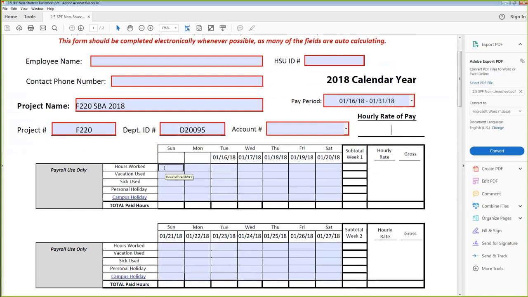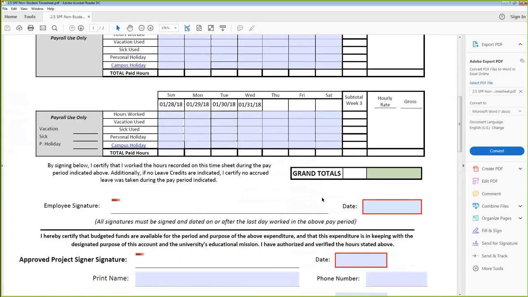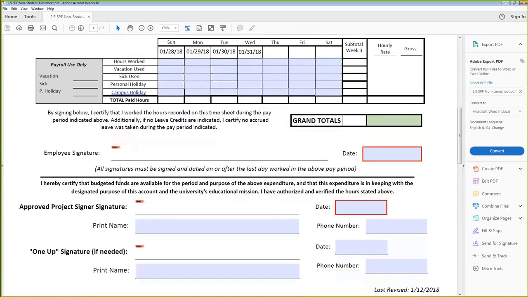And then we would put down how many hours they worked, if it was vacation hours or sick hours or a personal holiday or a campus holiday, and those will all total up. And then when we get down here, there's an employee signature, so they're certifying that they worked this time. And then there's an approved project signer. So if, for example,